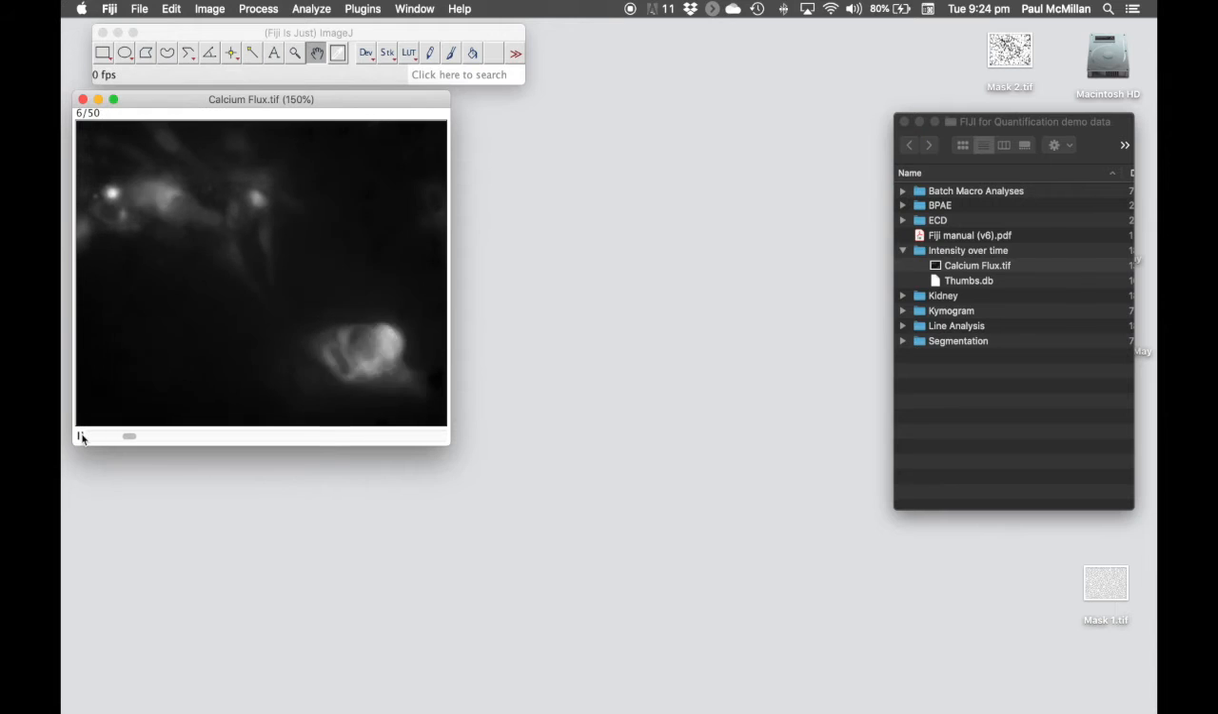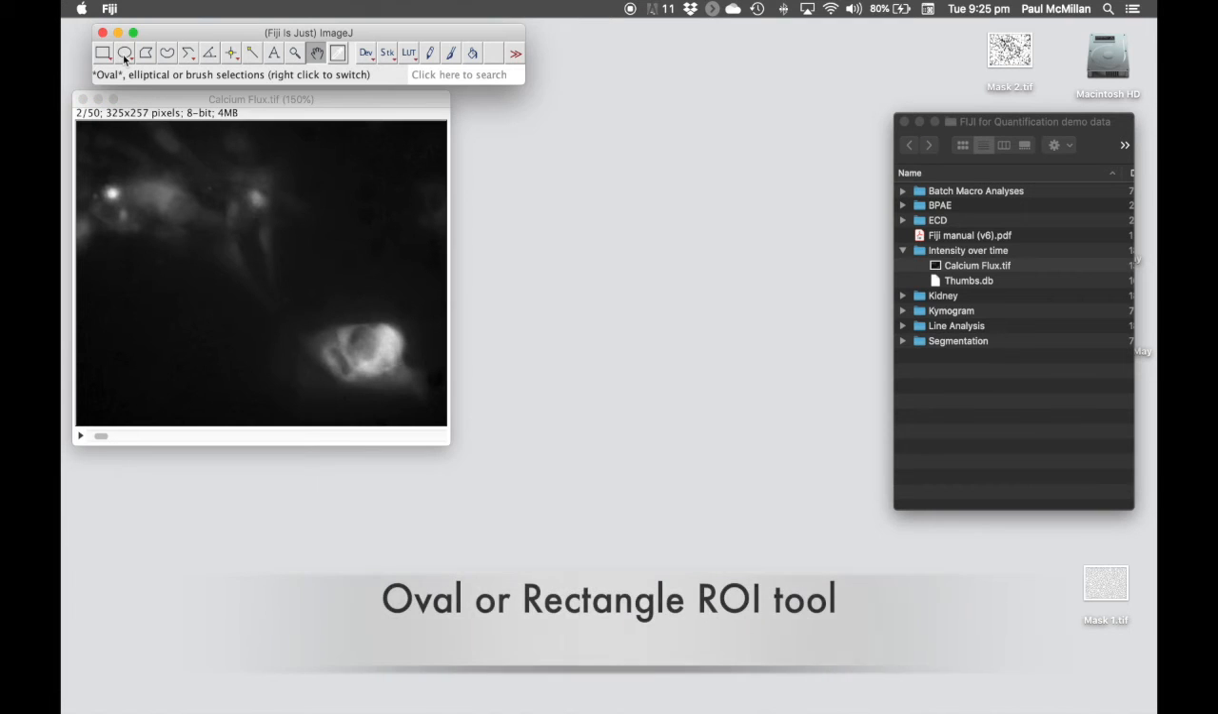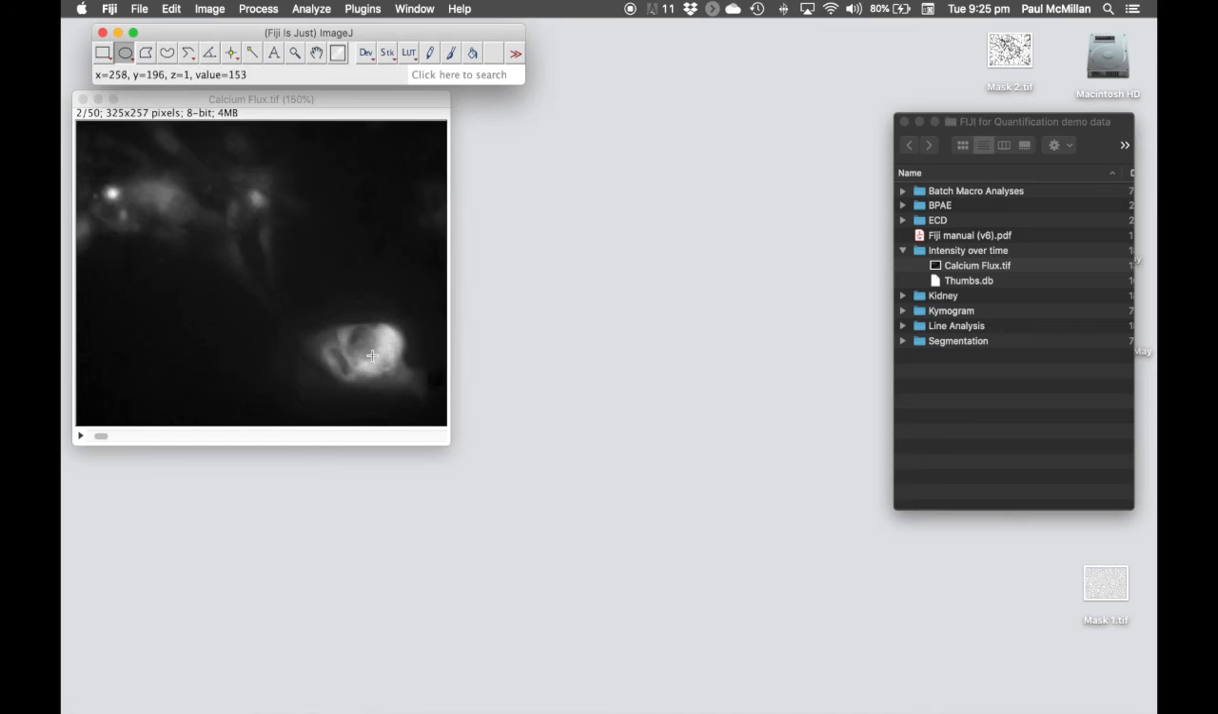Here, if we play the movie, you'll see we've got little bursts of intensity as this calcium indicator flashes with some pulses of calcium. So we want to look at those intensity increases over time. So in this case, we're going to use a region of interest tool, something like oval or rectangle. You can choose whatever you want. So we can just draw a region of